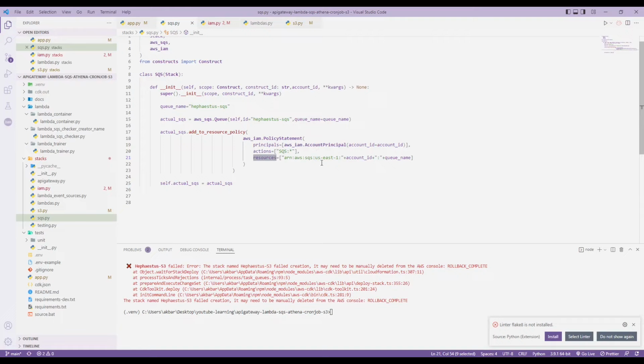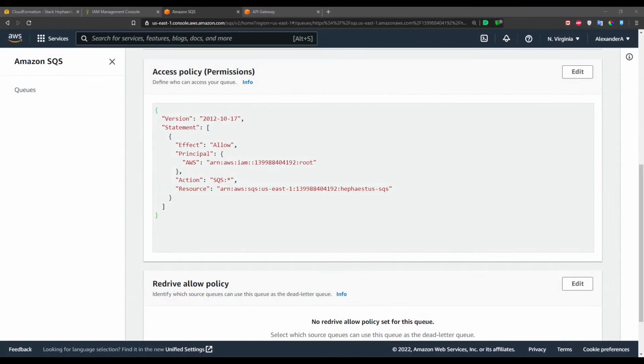If you wanted to be extremely granular and specify the SQS that a certain Lambda or a certain account ID is allowed to utilize, then you can specify that right here in the resource policy. Now if we switch over to the actual AWS console, the first thing that we can look at